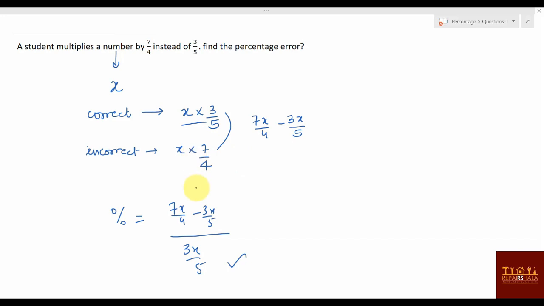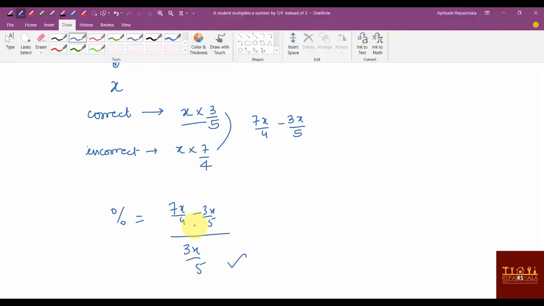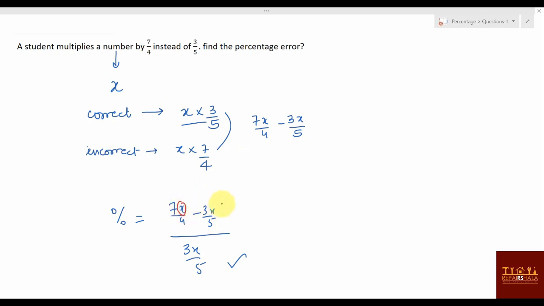Now you can say one thing. This x you can take common and cancel. Means x is playing no role here. Just look properly. If we take this x value in such a way that it is divisible by 5 and 4, then this whole value will become an integer, and this value also will become an integer. Means you will be dealing with only integers. At least some of the problem will be easier, right? It will not be that difficult then.